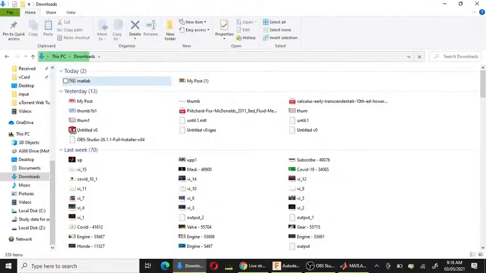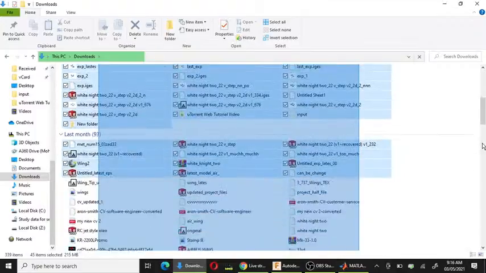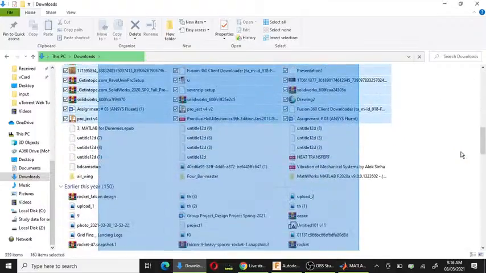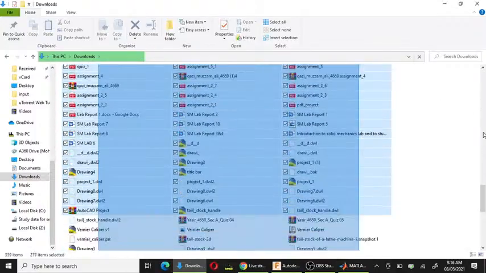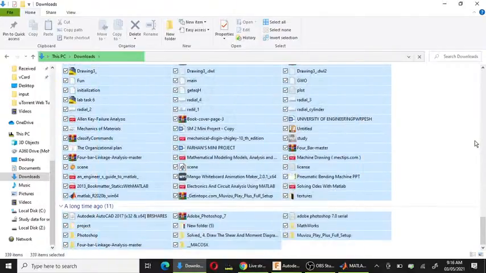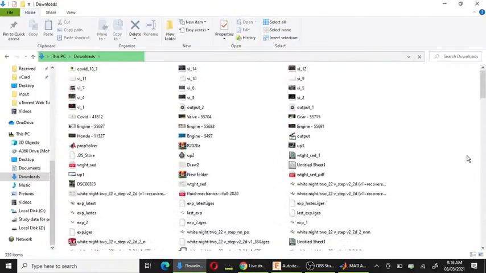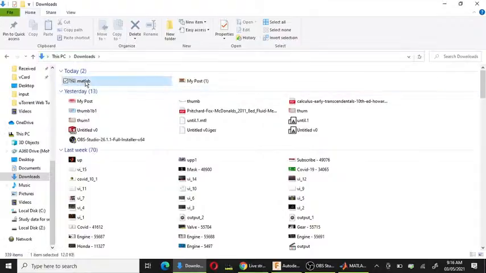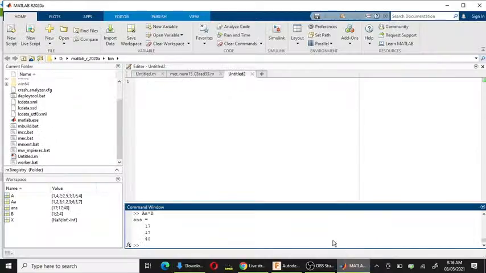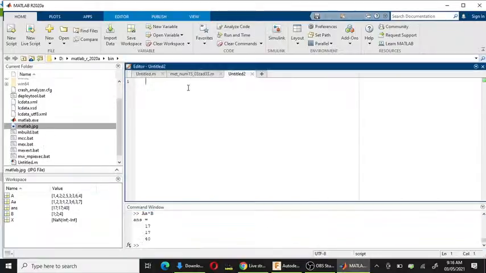Those who are using MATLAB Online can also use the drag and drop option like this. So MATLAB.jpg. First of all, how to read an image?